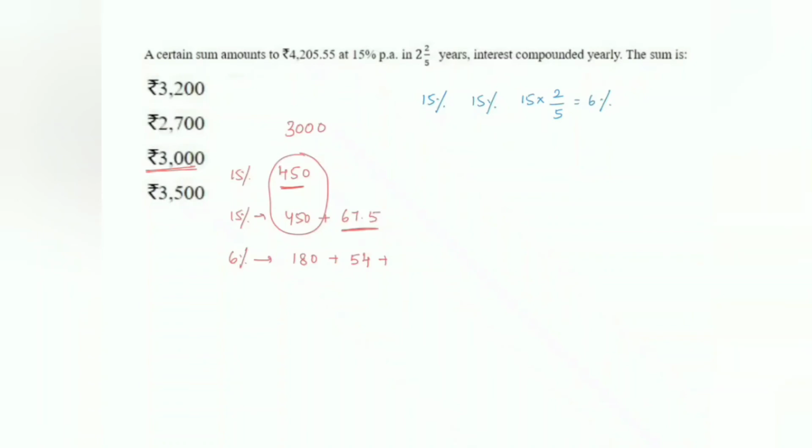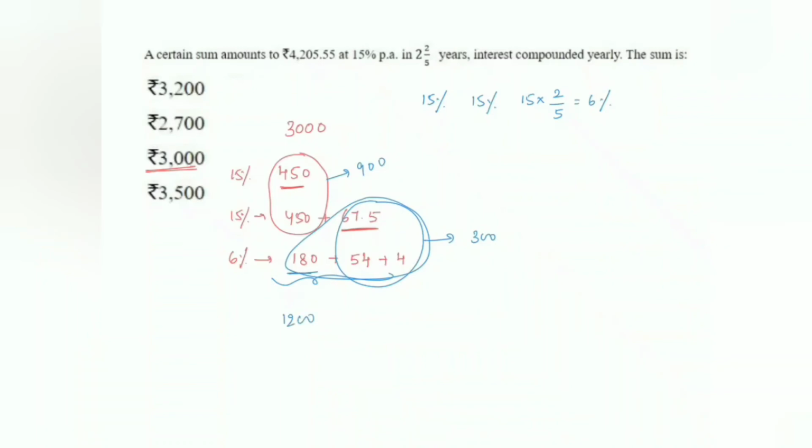6% will be somewhere around 4.8. Sorry, 70 you take it. 6 7s are 42. Therefore it is like 4. Nearly I am taking it. So now count it. This one 900. This is a little more than 120. This is 180. Therefore nearly I am taking it as 300.